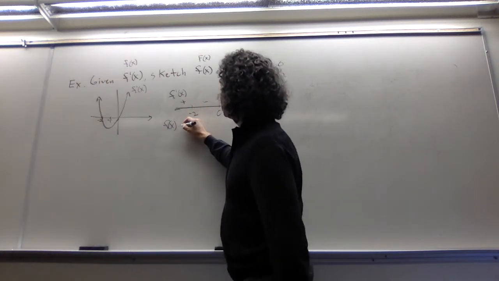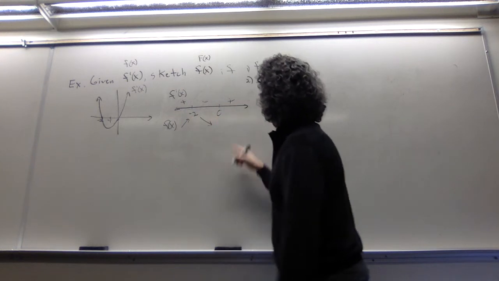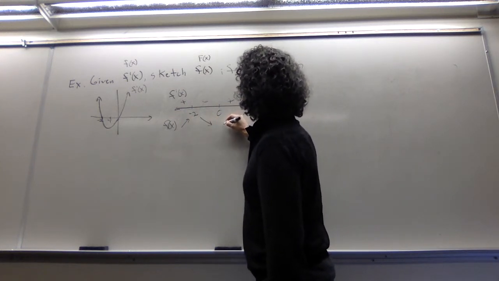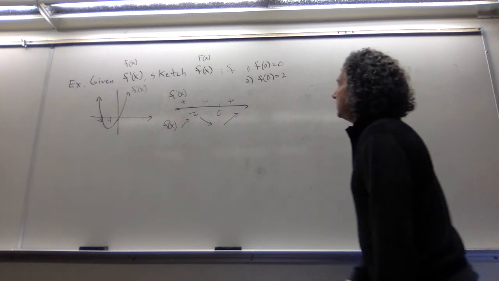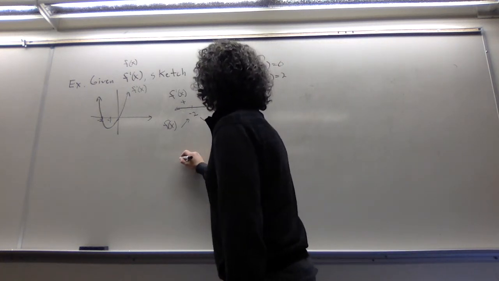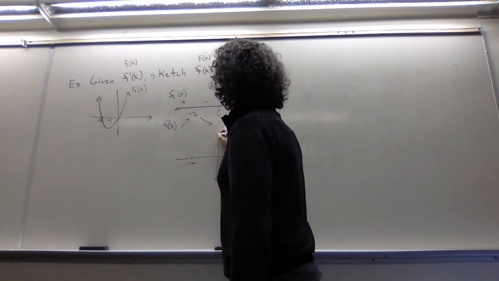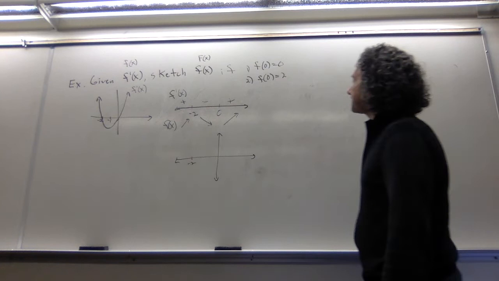All right, hopefully you give that a shot. Since f prime is positive, f of x increases. F prime is negative, f of x decreases. F prime is positive, increases. So what are my pictures going to look like then? Well, let me draw it right below here so I can use these values to help me sketch it.